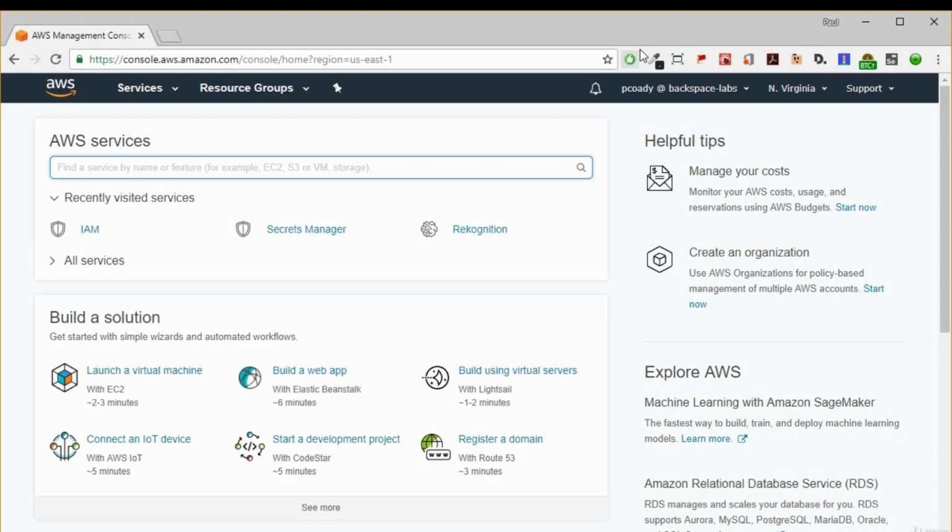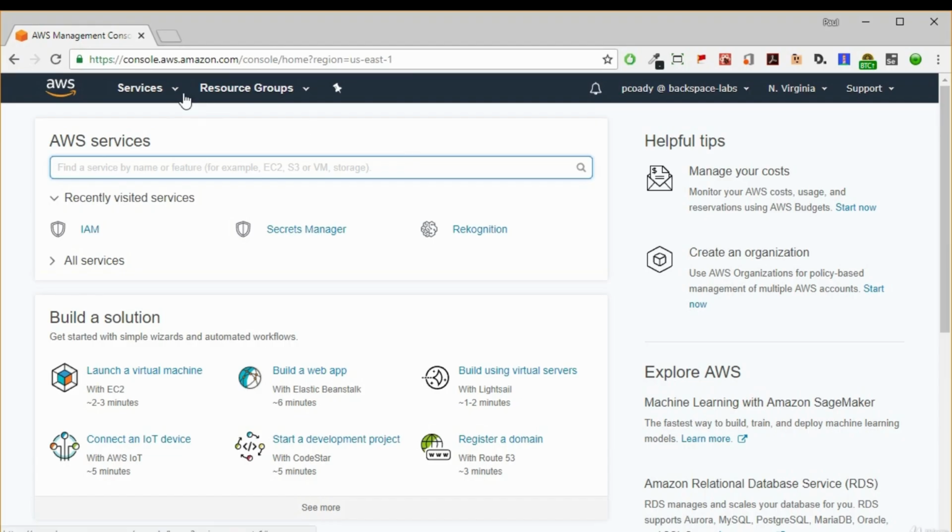Once we've locked down our root access, we can create an IAM user and log in as that IAM user, which will have permissions specific to what we need to do. If for whatever reason we need root access, we can still get that. But for the most part we log in as an IAM user, and that protects our account.